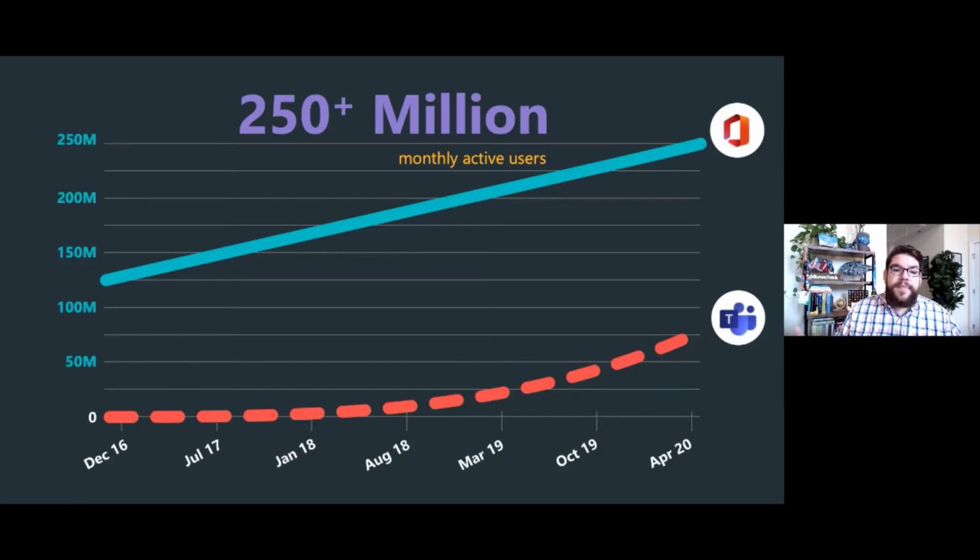But to try to compare at least some sort of apples to oranges here, we're talking an order of magnitude difference here, the 75 in April to 250 million monthly active users in Office 365. And if we assume, maybe not conservatively, but most of these people probably have an email inbox, that's a lot more people using email still than people that are using Teams. And that gap between the Teams logo that you see here and the Office logo is a huge